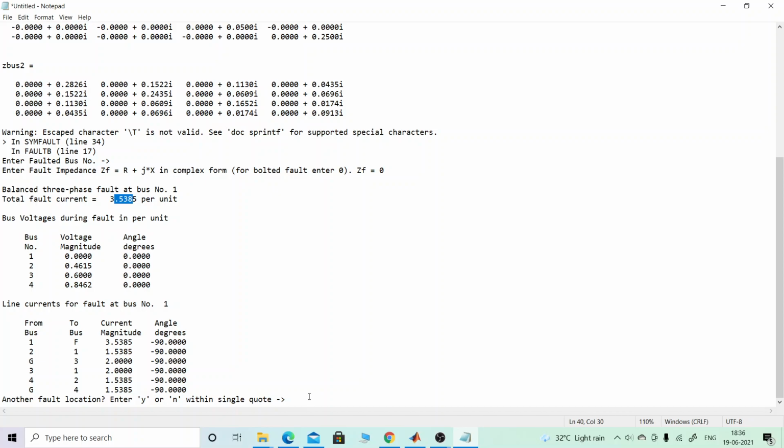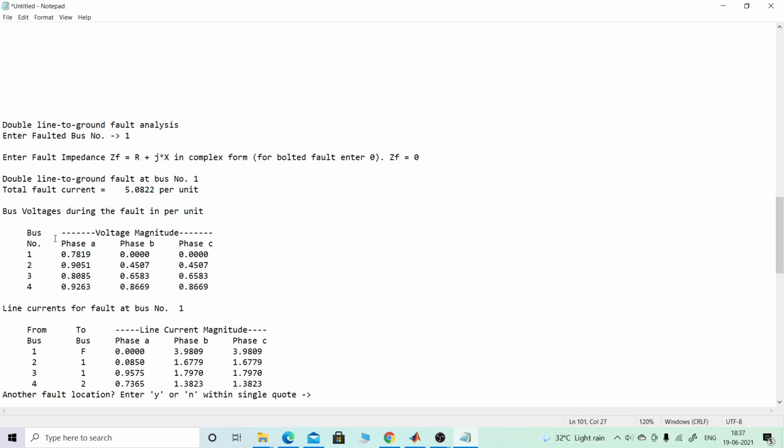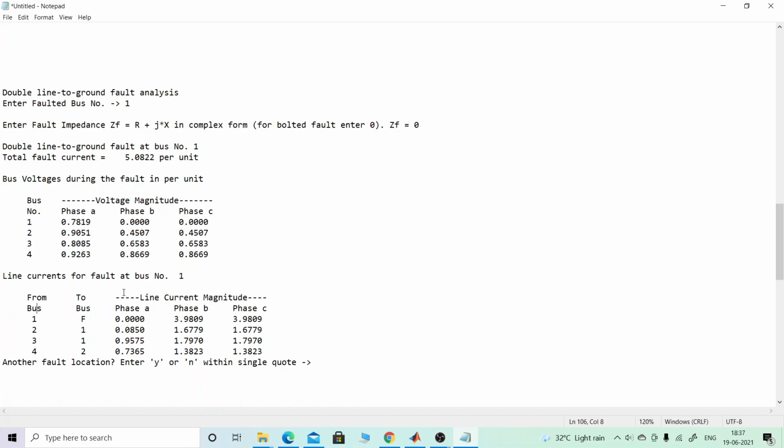Double line to ground fault analysis. So the values here: the total fault current is 5.0822 per unit. And regarding the magnitudes at bus number 1, bus number 2, bus number 3, bus number 4, and the line currents at bus number 1, these are also shown here. So if you want, I am able